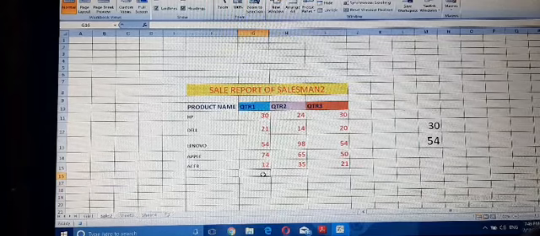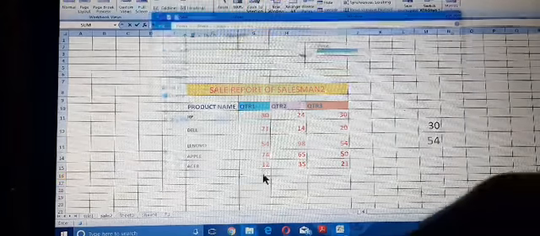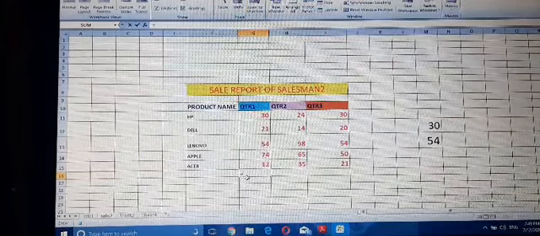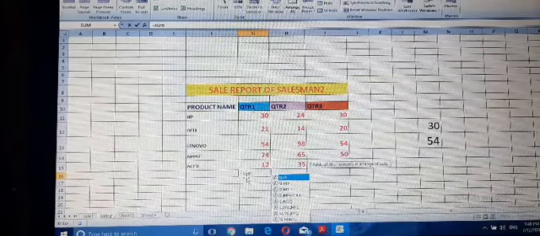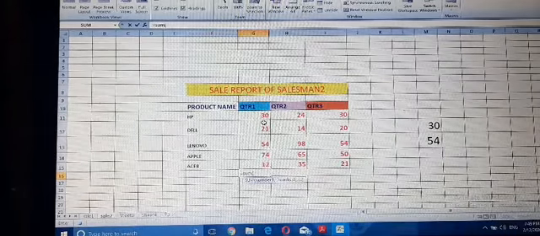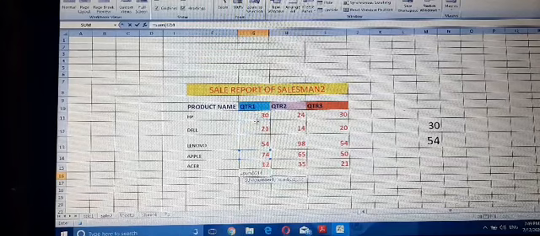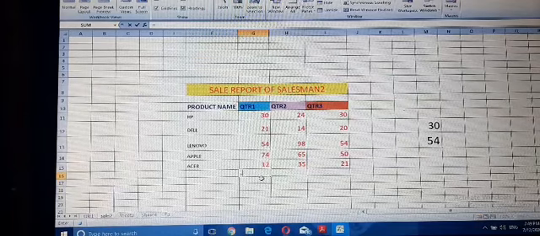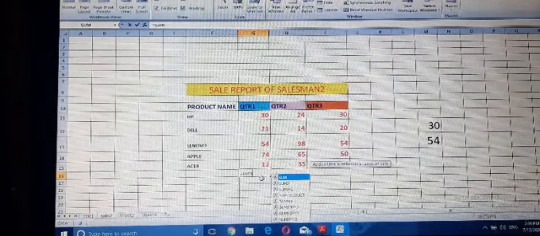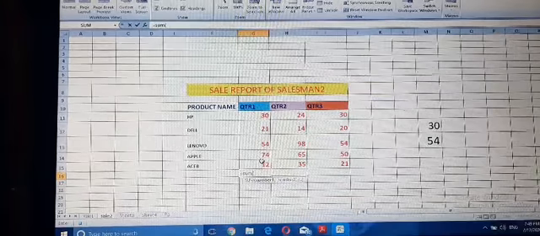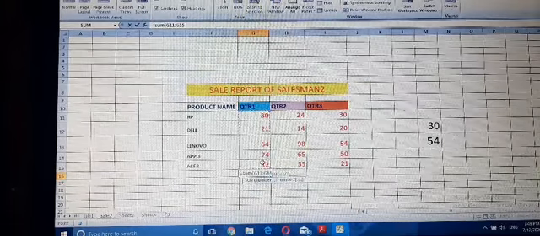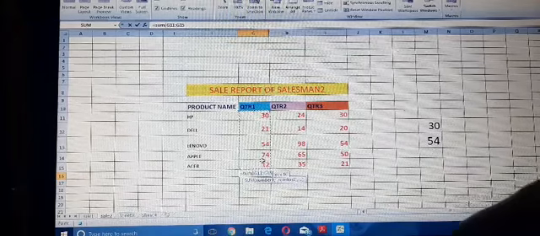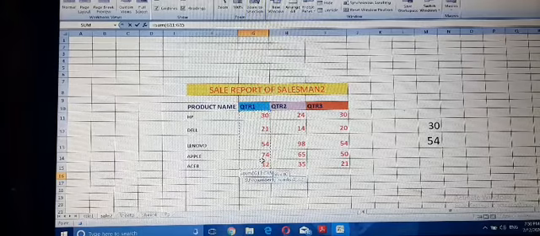Now enter the formula equal to sum, bracket start, then select the range, then close the bracket and press the Enter key.